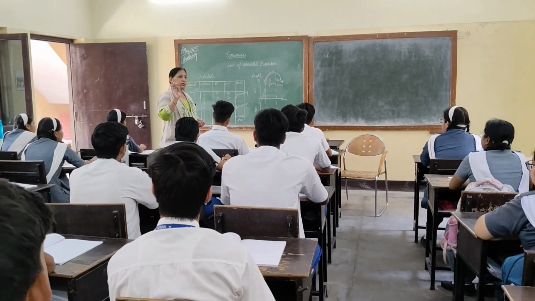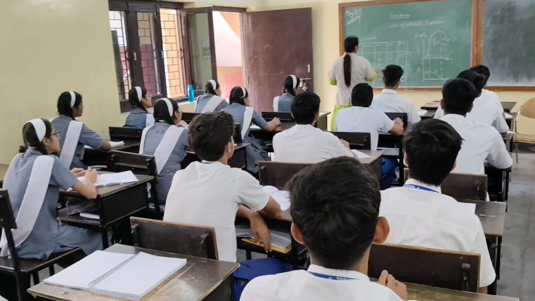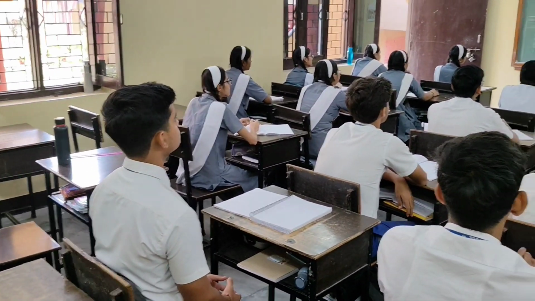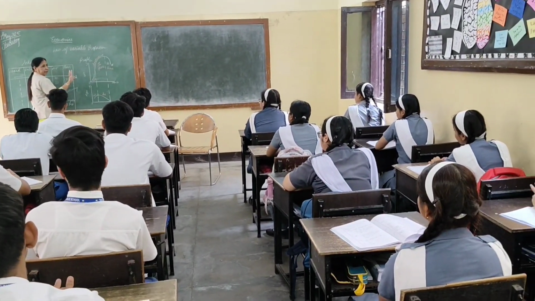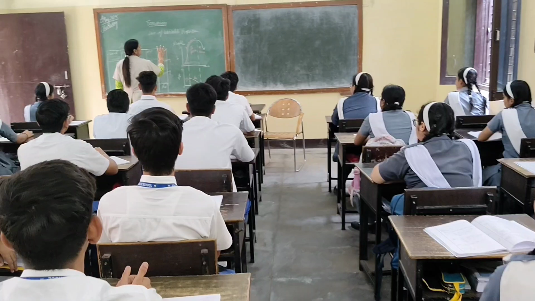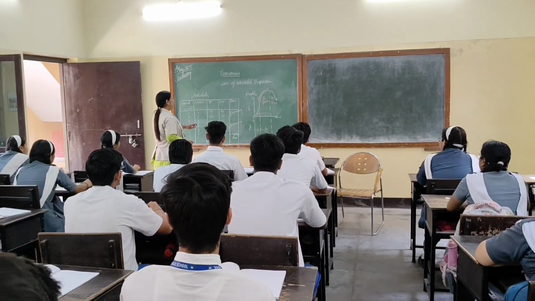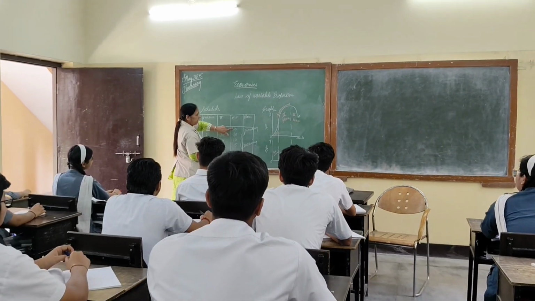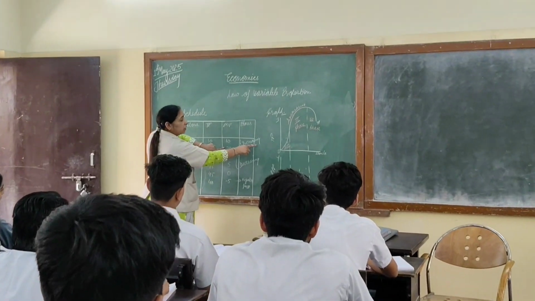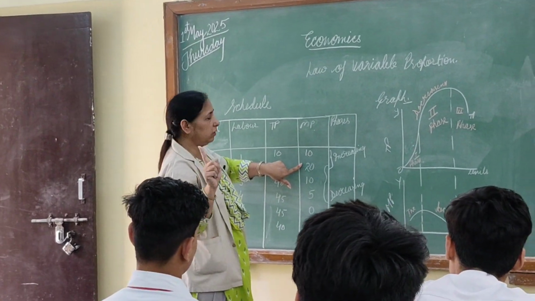So there is no need to cram anything, with the table or with the tendency of the graph, we can understand this concept. Right? Is there any issue? So we can simply understand that at the initial stage of production, the first stage, we can see the MP rises from 10 to 20. It means increasing returns to a factor is going on.